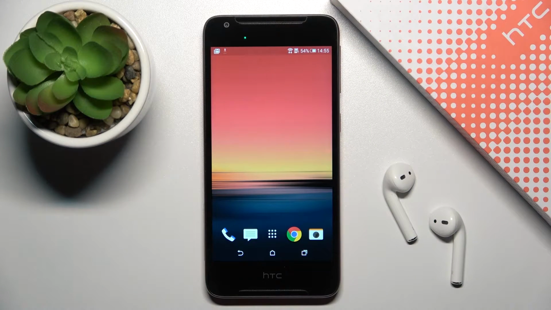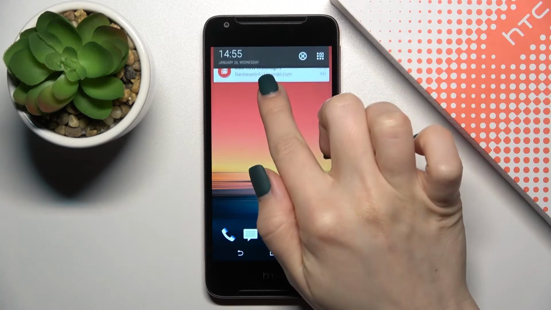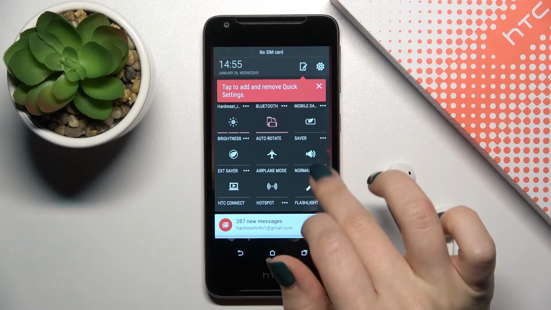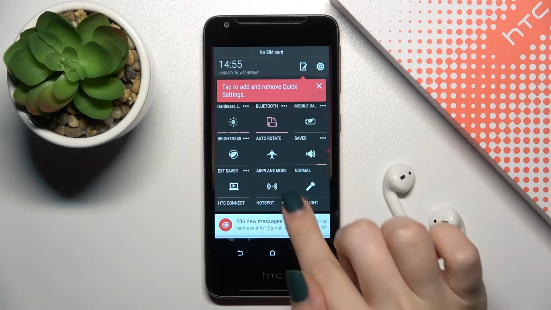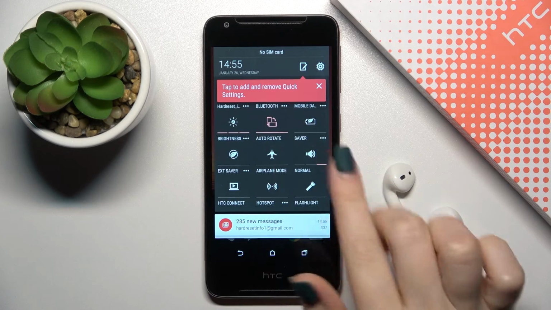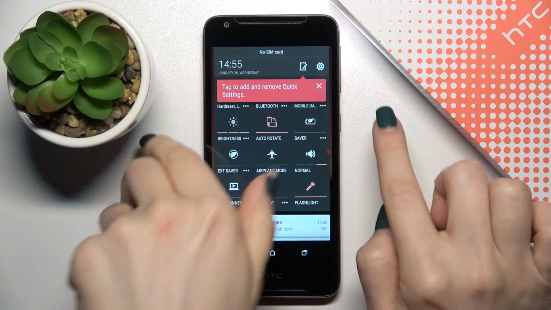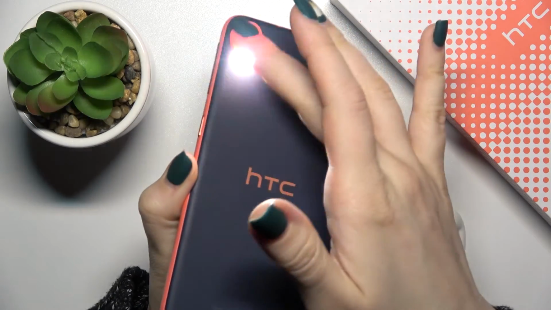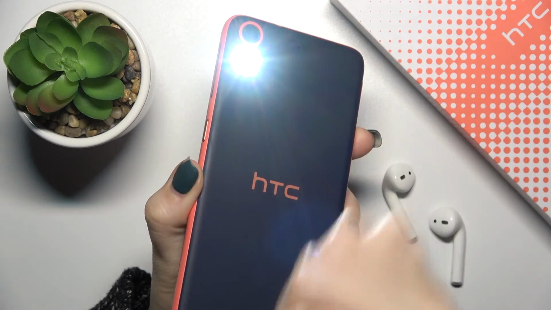Welcome to the in front of me HTC Desire 628, and I'll show you how to switch on flashlight on this device. So first you should open the notification bar, and there you'll see the flash icon. Just tap once on the icon, and as you can see, we right now just activated our flashlight on our